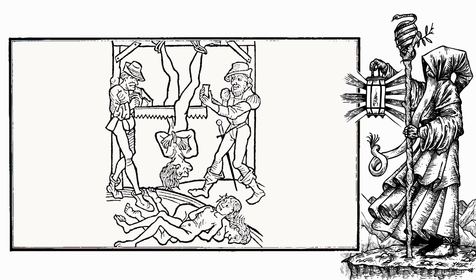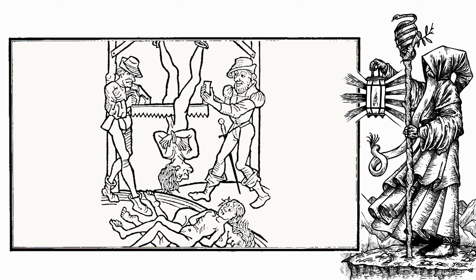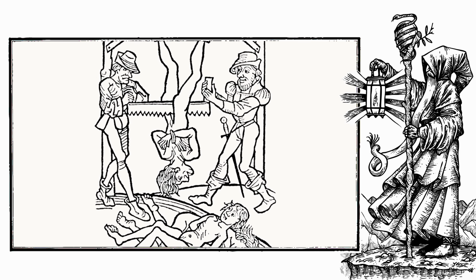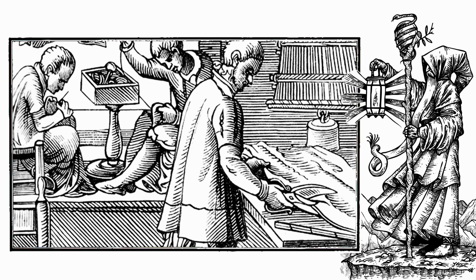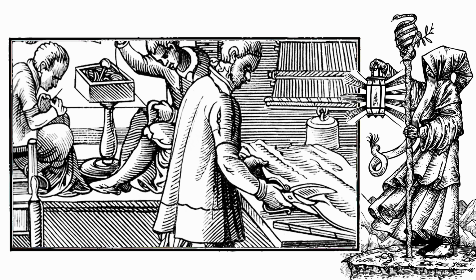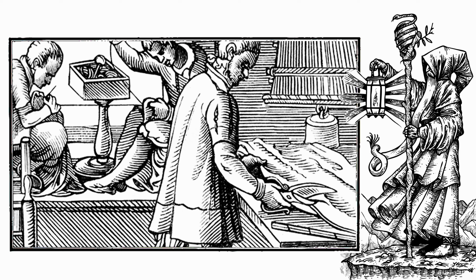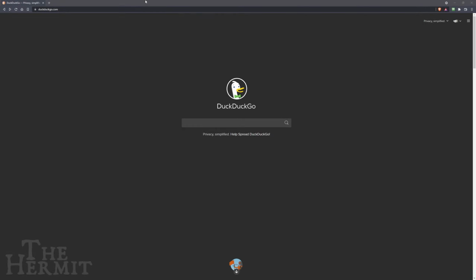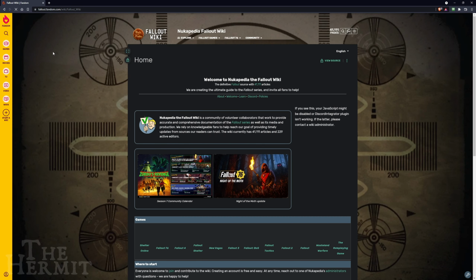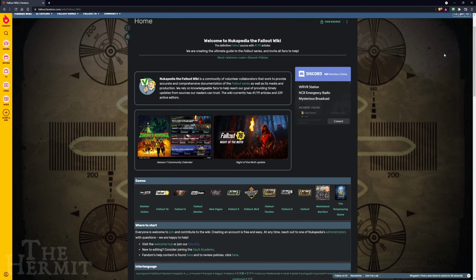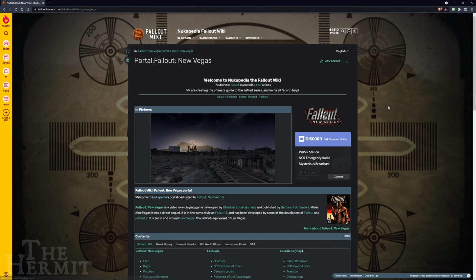Now, I must admit, finding the correct lines can be an absolute pain in the ass at times, especially if you don't know what you're looking for. Undoubtedly, some of you will be tailoring this procedure to suit your own needs, i.e. removing other NPC revoices that you don't want from the plugin. Earlier I mentioned Nukipedia Fallout Wiki as a way of finding lines. You can do that, but it isn't always reliable, so I'm going to list a few other ways to find